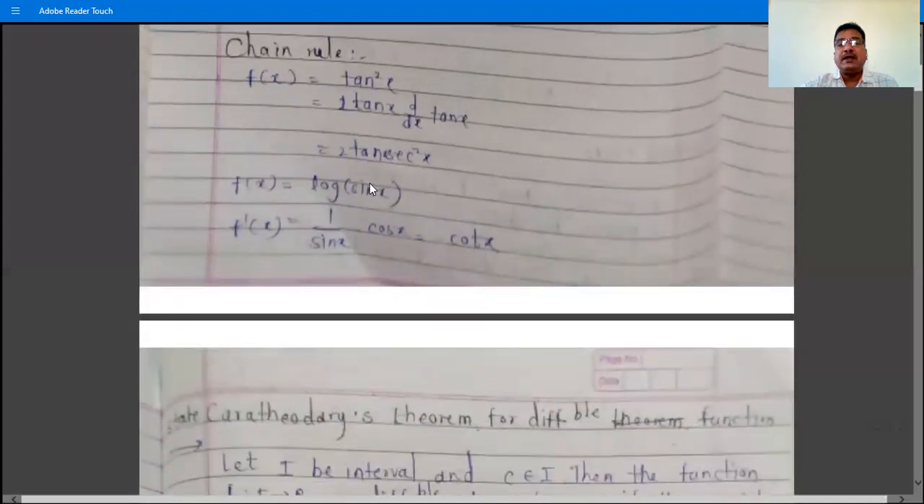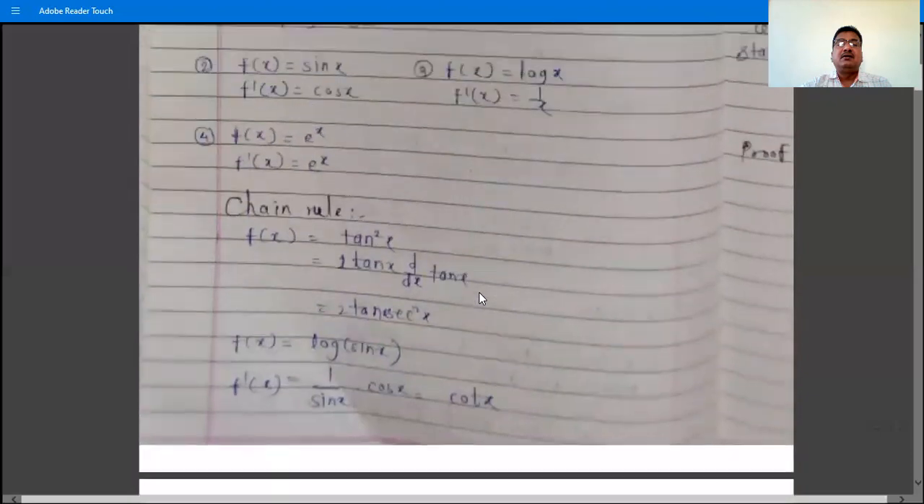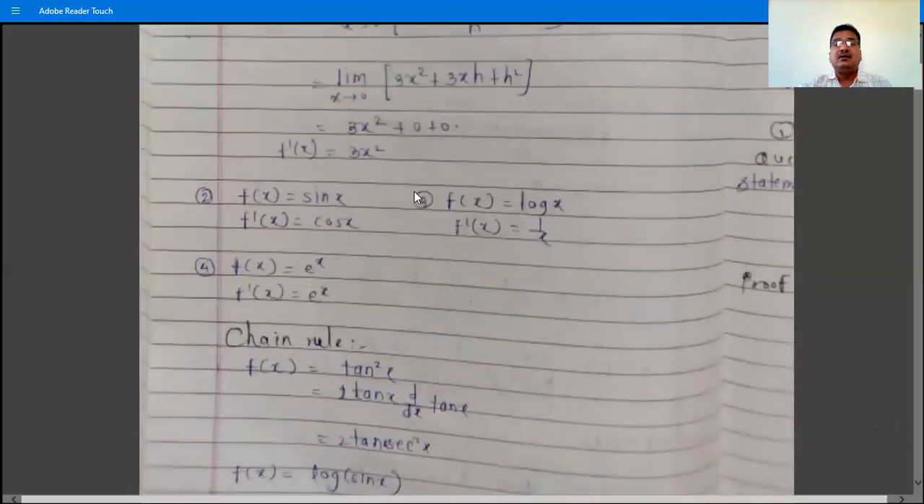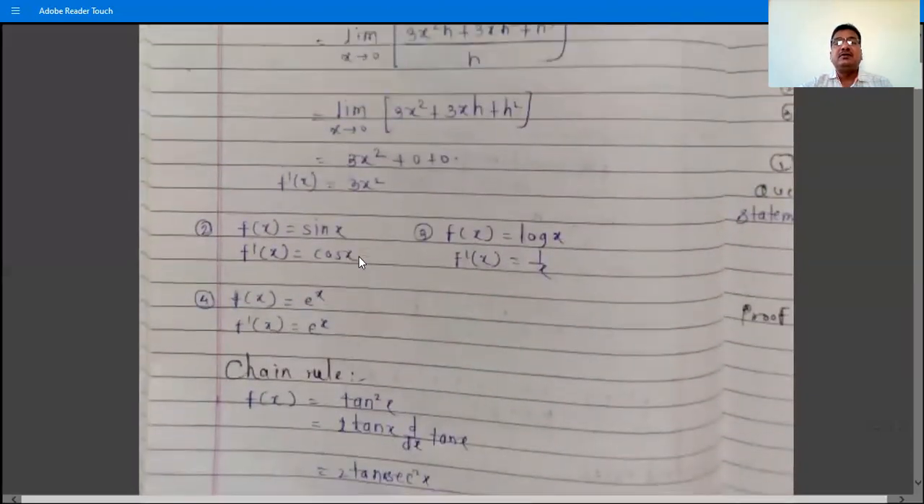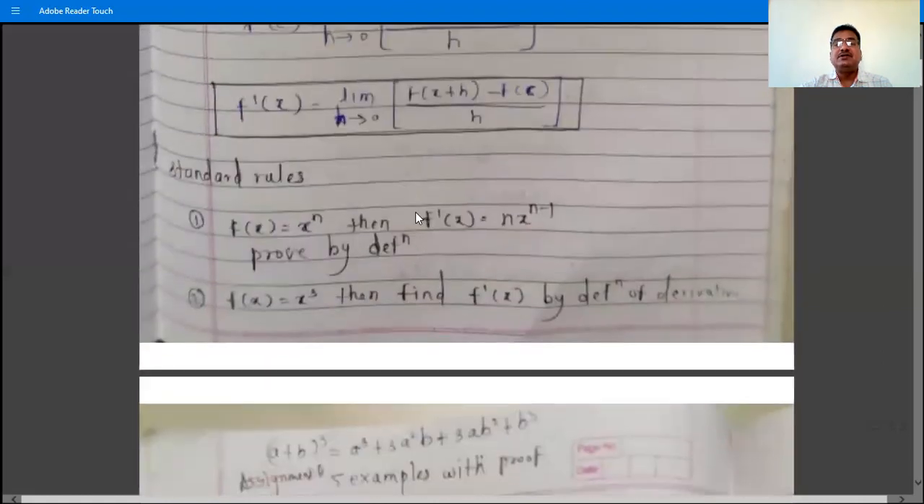If f of x is log sin x, then its derivative is 1 by sin x into cos x, as the derivative of sin x is cos x. The derivative of log x is 1 by x, but the derivative of log sin x is not just 1 by x. It is 1 by sin x into the derivative of sin x, that is cos x, which is cot x. So write all the rules of derivative and give their proof like this by using this definition,